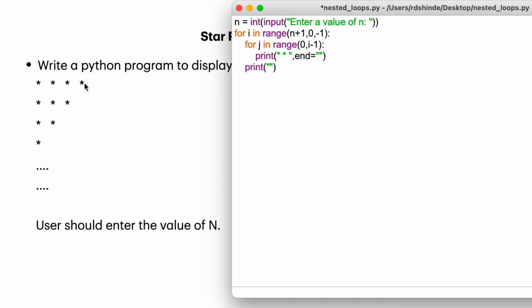After the first row, control will go to the next line with the help of this print statement. Now the value of I will decrease by 1, and again the inner for loop will work 3 times, and 3 more stars will get printed on the second row. This will happen until we reach the value 0. This is how these two loops will work to print out this pattern.